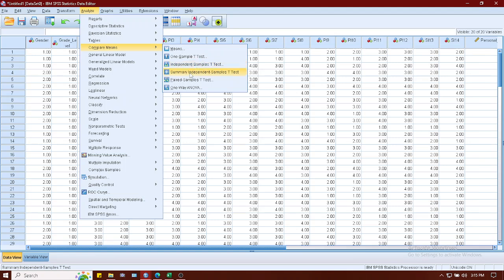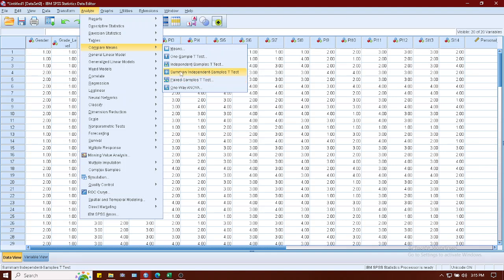However, we will use paired sample t-test if we compare two variables for one group. For example, we will not mind what the gender, the grade level, or the ABM is. All we need to do is compare maybe personal interest and situational interest of the respondents.